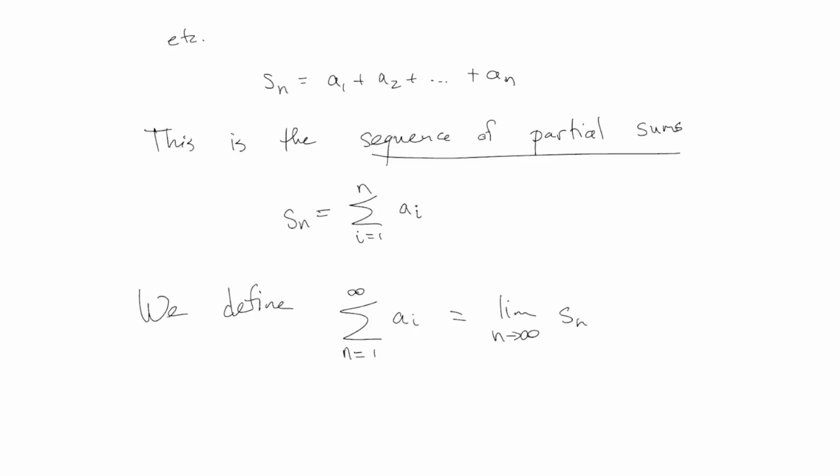And this is what it means when your friends ask you, what does it even mean to add together infinitely many things? Your answer to your friends should be something like, well, if you want to know what it means to add together infinitely many things, you think about what do you get when you add together not all of them, but just some of them?